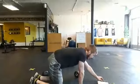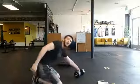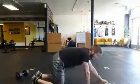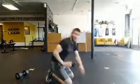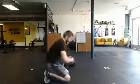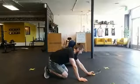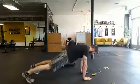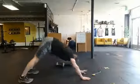Let's go ahead and get started with round 2. Round 2, the first one is that pike toe touch with a push-up. Pike toe touch with a push-up. So if you need your mat for your knees, go ahead and grab your mat. Otherwise, here we go. Getting started in 3, 2, and 1. Let's go. And those hands, up, touch, push, touch,